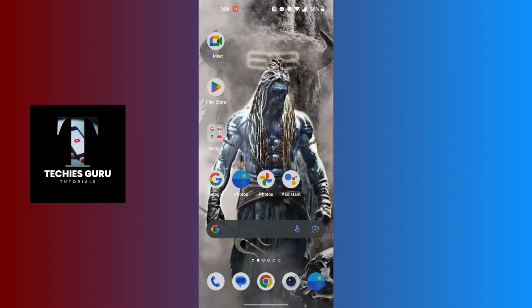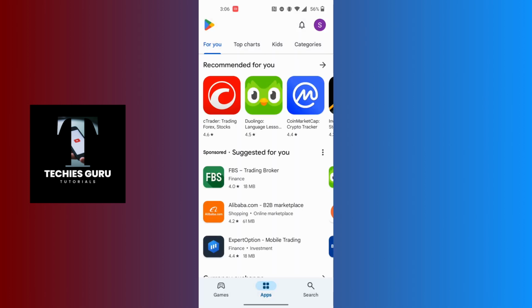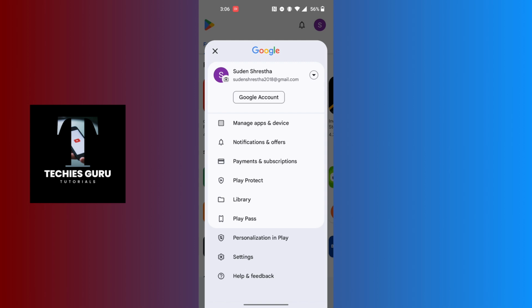Now to unregister for any upcoming events on Google Play Store for which you had registered, first open up your Google Play Store app like this, and at the top right corner of the screen you can see a profile picture icon available for us. Tap on your profile picture icon at the top right corner of the screen, and this kind of interface will